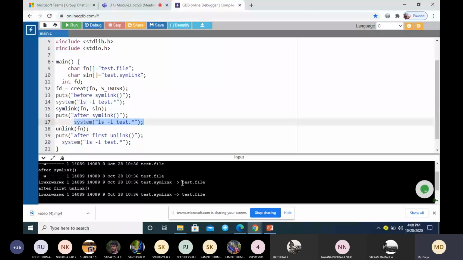The hard link will be deleted and you will have only one link, the symbolic link. So unlink can delete only the hard link but not the symbolic link. This is one simple example showing the concept of symbolic link and how symbolic links can be created. You can give this example for symbolic link.